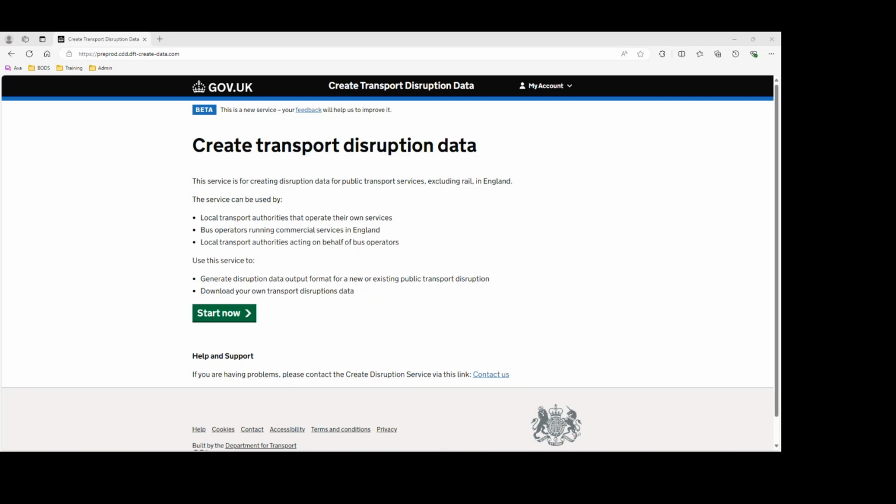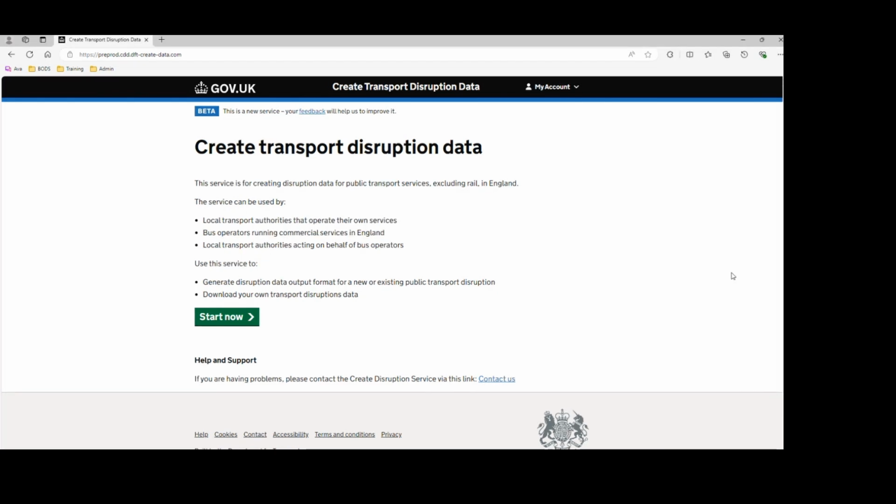This tutorial will be demonstrating how to use the Create Transport Disruptions data service. This is a service for local authorities and operators within England to publicise and manage their disruptions information. The service is free to use and provides the information open source through our API feed, and it exports the information in SiriusX format. This means that downstream consumers can ingest the API feed and present that information to their